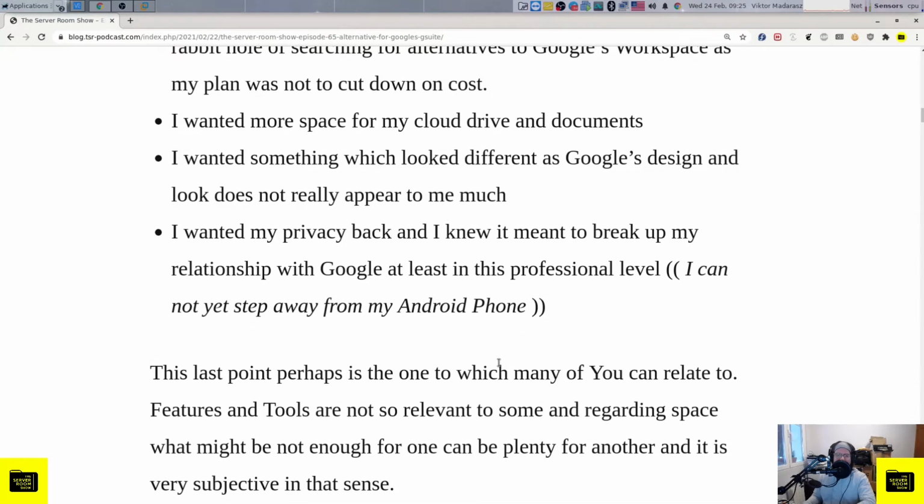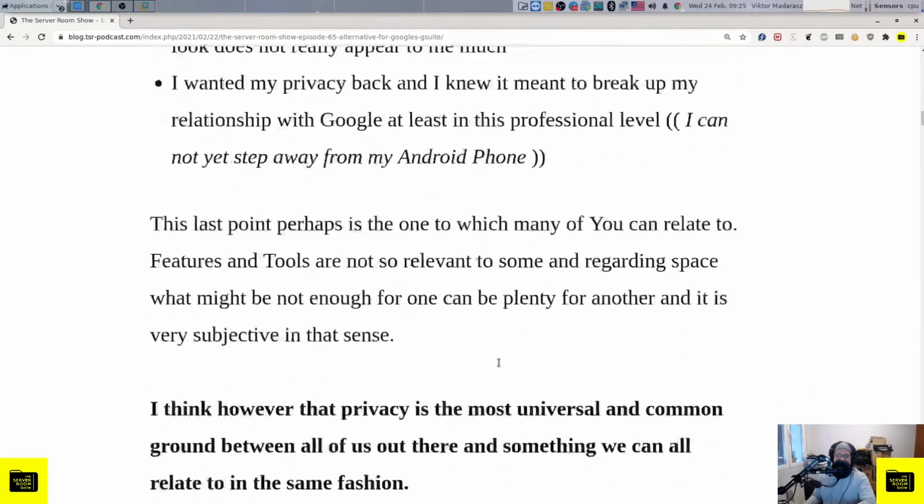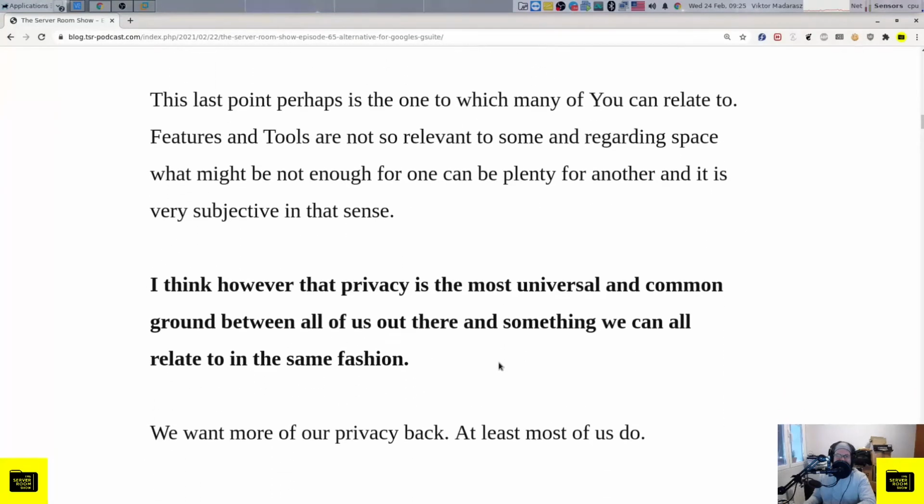And I think the main issue was that I wanted my privacy back, or at least some of my privacy back, and I knew it meant breaking up my relationship with Google, at least on this professional level. I cannot yet step away from my Android phone. I'm not one of the brave ones like some of you I know